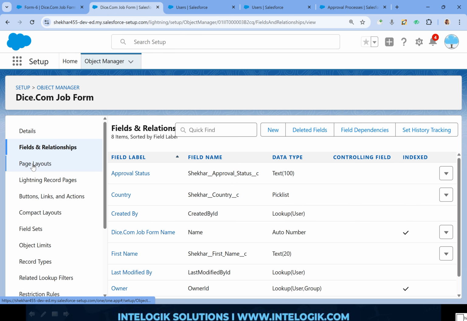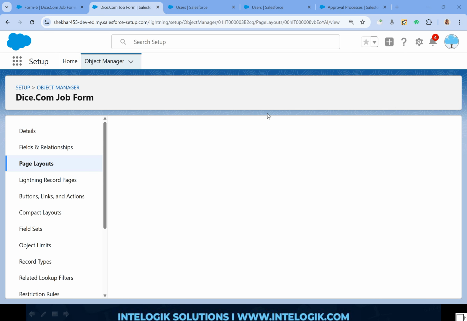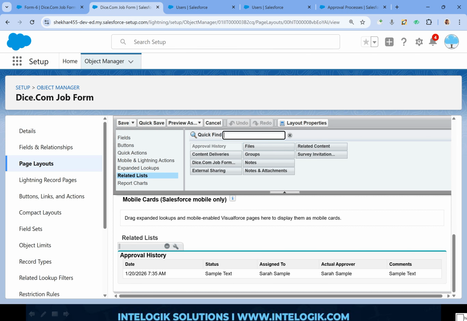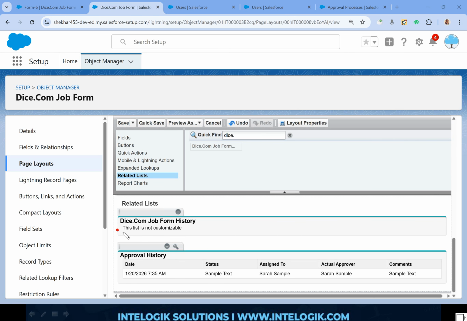After that, the third area, page layout. In that, open the page layout. Now we need to bring one area in the page layout where you can see this information. Such an area is present in the related list. You go to related list, then here search the object name dials.com. Then you will see only one option. Click and drag and drop it in the green area properly. So this is the area where we will see all the changes happening to that field. That's it. Save